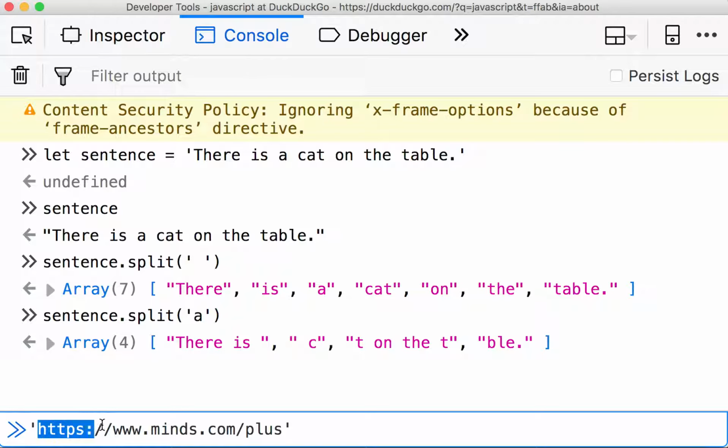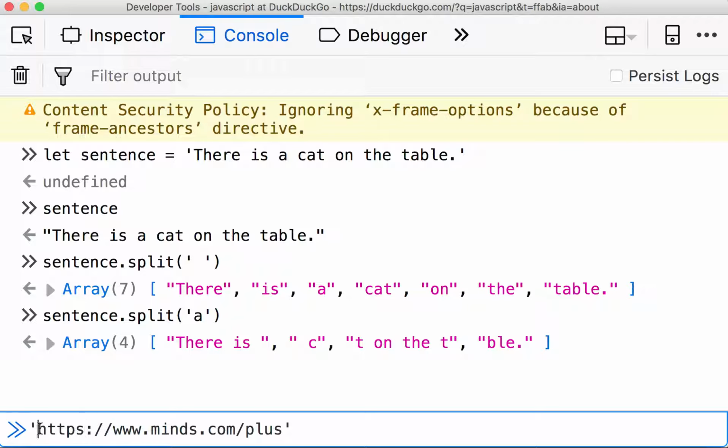I have the following elements in the URL: the https:// part, the www.minds.com part, and the plus. So say we want to extract this part of the URL,